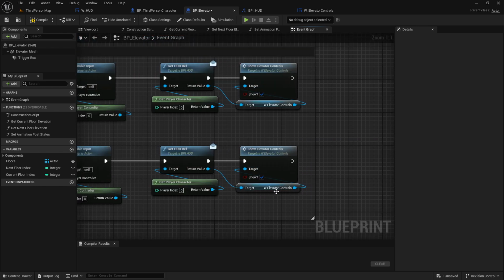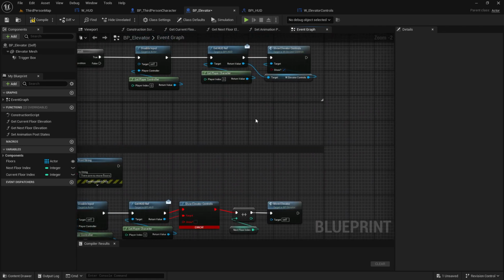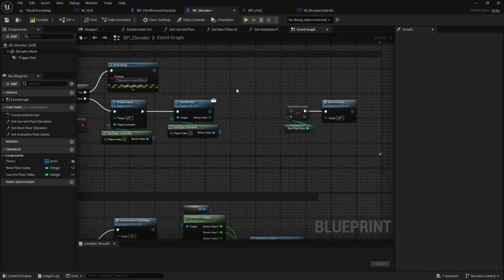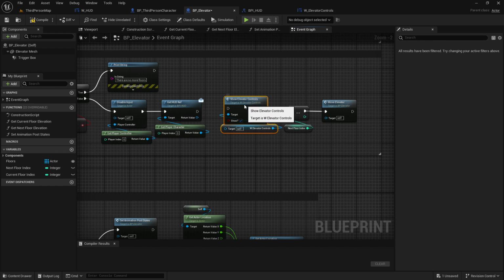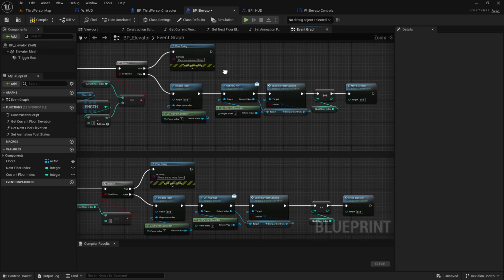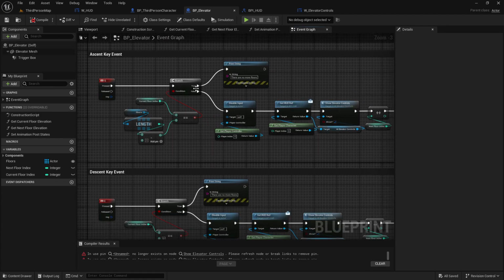Now it's really good, and we just have to do that here as well. Delete that. Connect it like here. Connect that here. Okay. Do the same here. Connect here. Connect this, and now it works